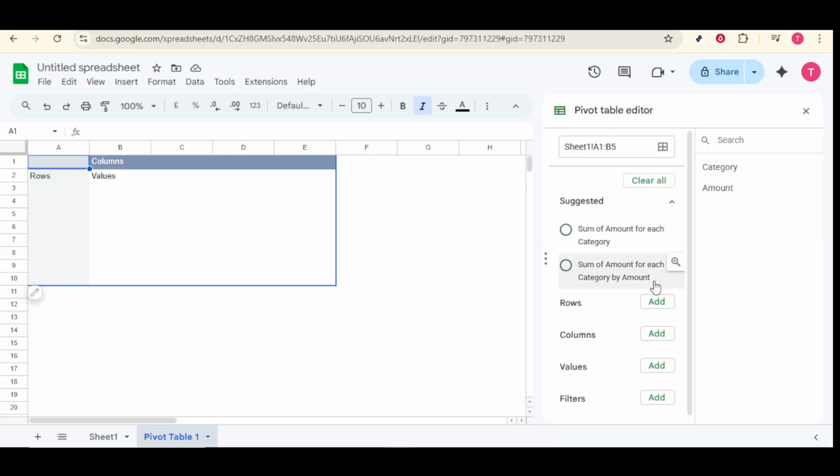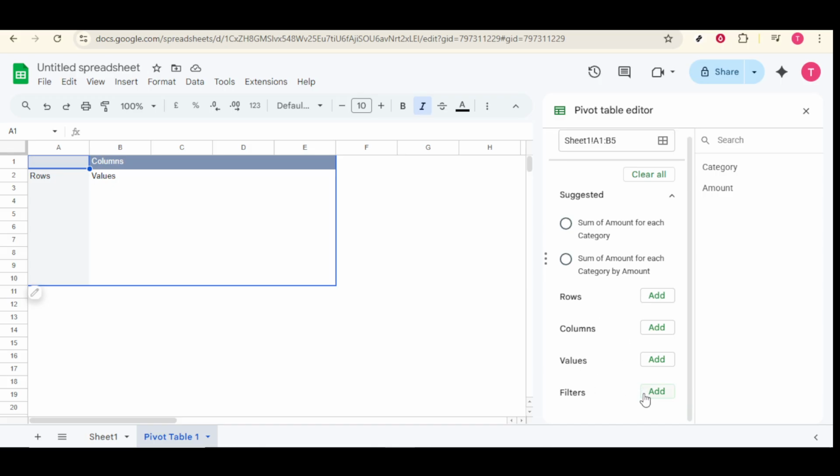You can organize your analysis by adding fields into rows and columns, and place numeric fields into values to sum, count, or average. If your table looks empty at first, that's normal. Just start adding fields in the editor to populate it. As your source data updates, the pivot table will refresh, so your summaries stay accurate. That's it. Open your sheet, select your data, insert a pivot table, confirm the range, and create it. You're ready to explore your information with